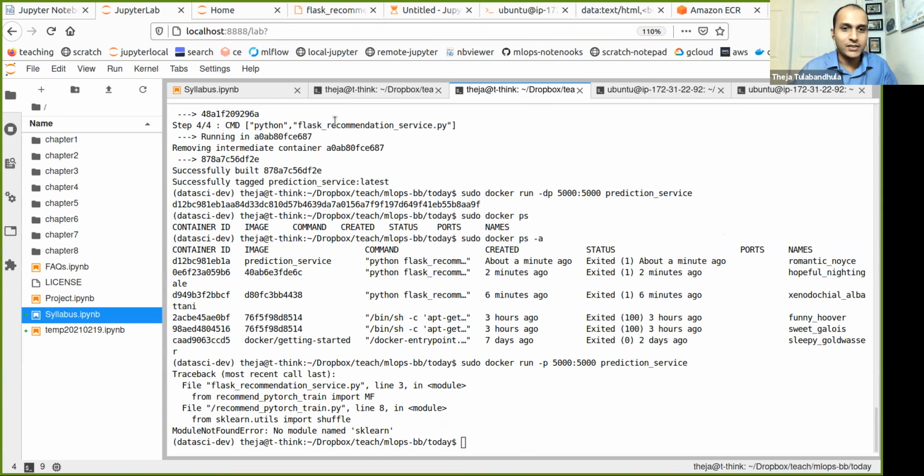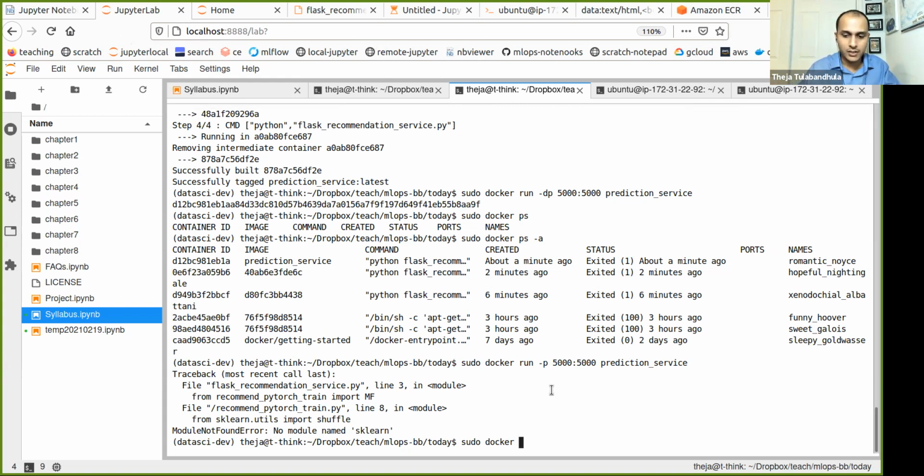So let me try to include that and then see. I'm going to spend another minute on this, and I also want to point out something very quick. What I did is slightly change the Docker file to include scikit-learn, right? It says here scikit-learn is not available. So what I'm going to do now is again rebuild it.